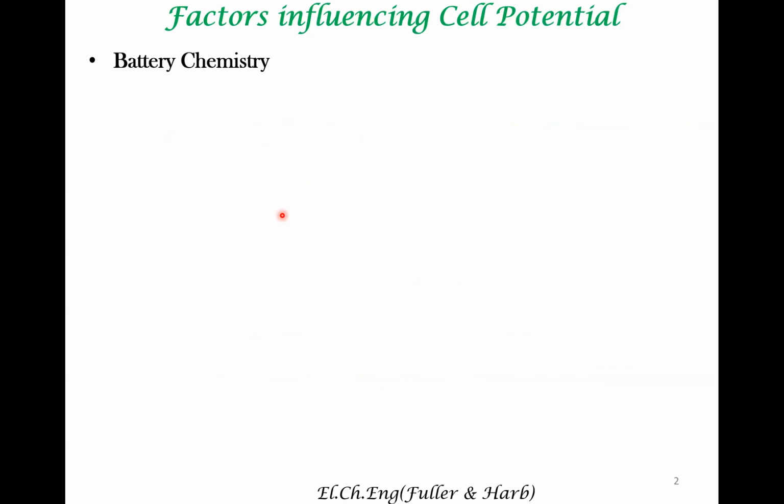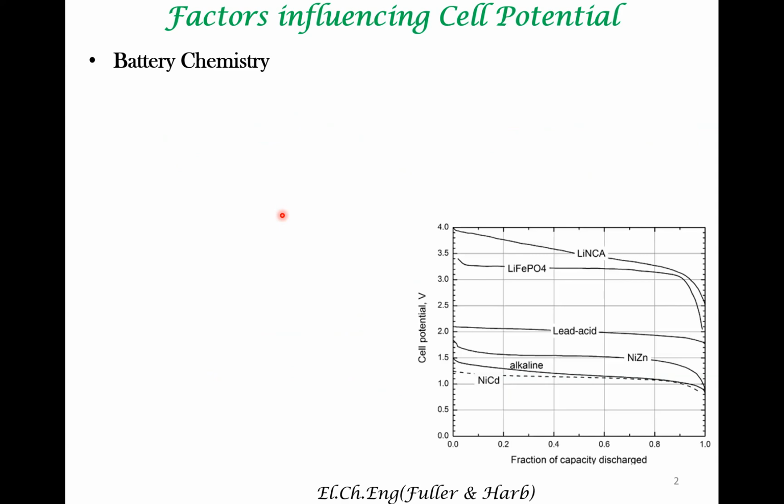So what affects the cell potential? If you ask that question, the main feature is the chemistry of the battery. So here we plot cell potential on the y-axis and the fraction of capacity discharged. When the battery has full capacity, if you look at the potential, different battery chemistries have very different